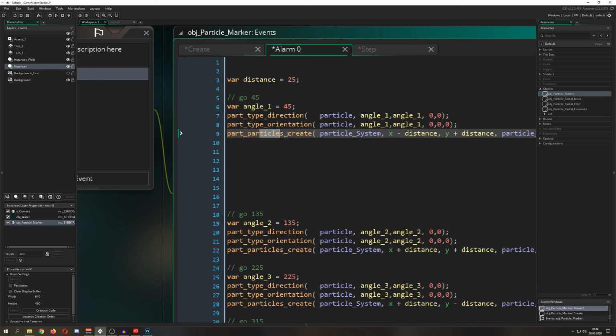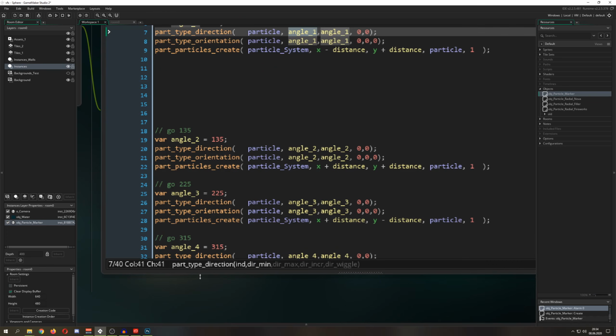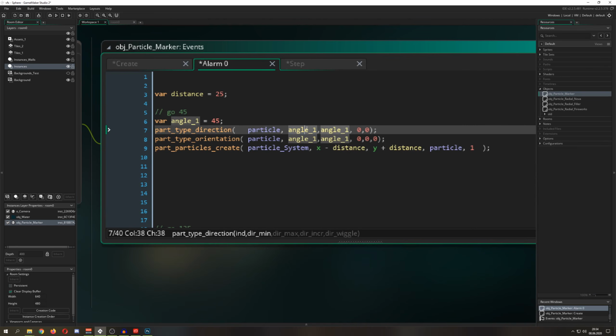So particles create. I'm creating this particle with those kind of presets. So for the direction and orientation, I'm just saying like, hey, rotate it correctly with the orientation and go in this very specific direction which I want to do. And then I just give it one value. Pull it up a little bit so you can actually read it. And then I just give it a specific direction and angle. So basically 45